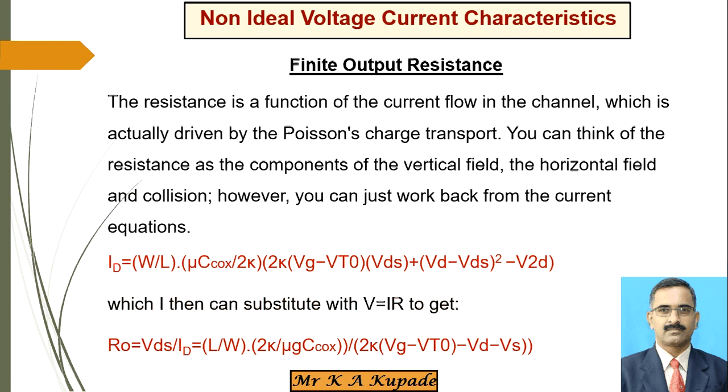Now, on these two sentences we are going to discuss some things, and then we will come back to those equations. See, the resistance considered on the output side, from the drain to the source through the channel path, is a function of the current which is flowing in that particular channel. Why? Because whenever we apply the gate voltage VGS,